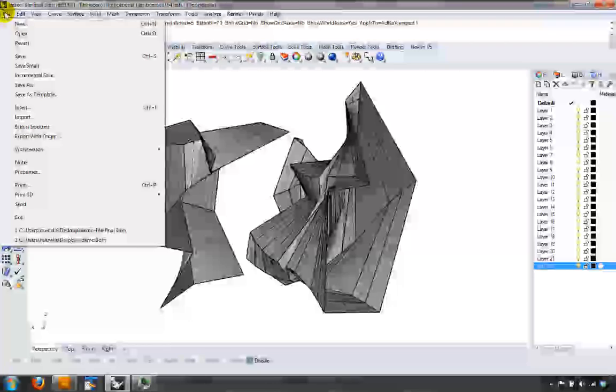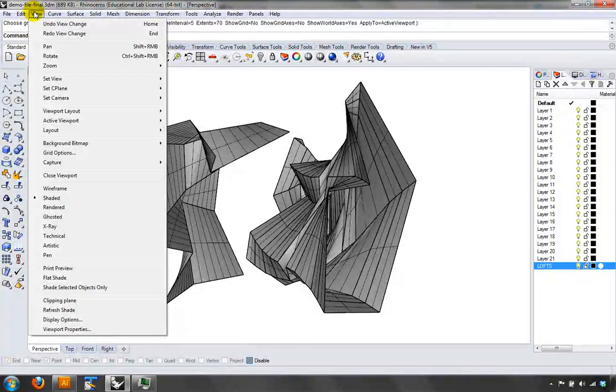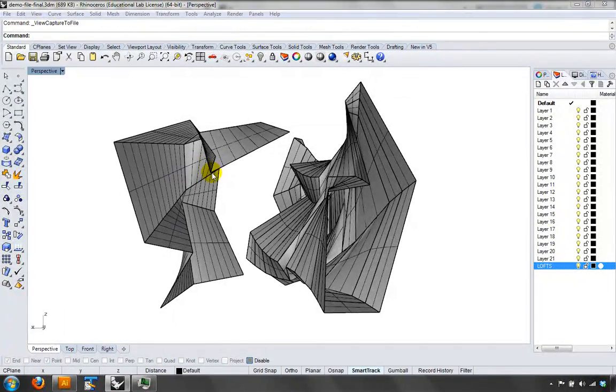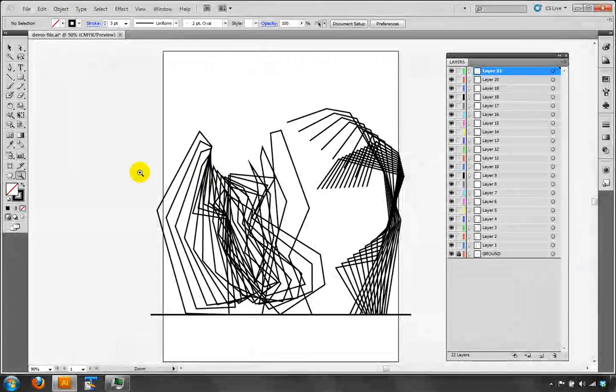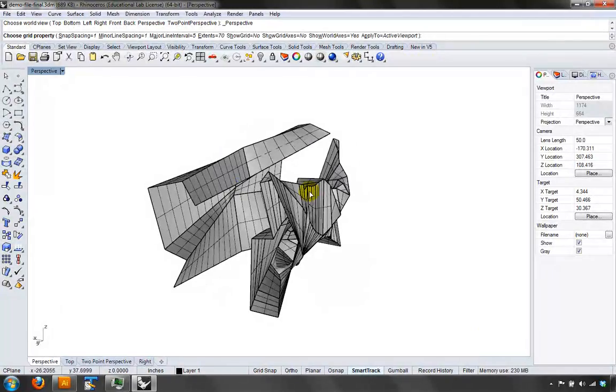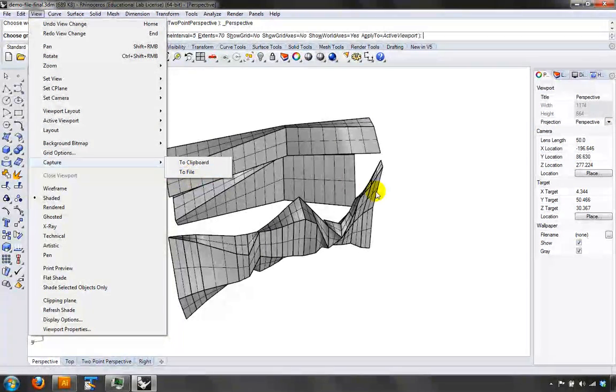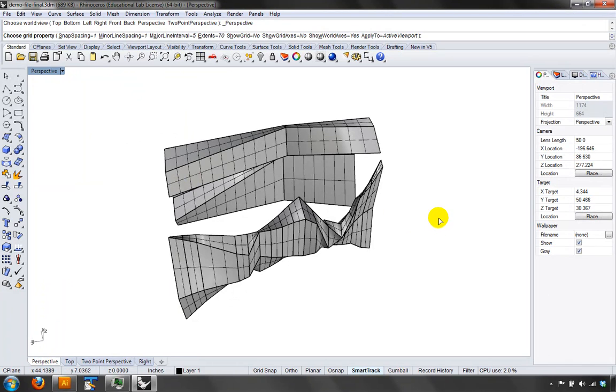And then when you're ready, if you go to view, you can make a capture, and you can say capture to file, and that actually crashes my program. But if you capture to file, it should allow you to make a JPEG or a TIFF of that. All right, so if your computer doesn't crash the way mine did, you can use that method, view, capture to file,